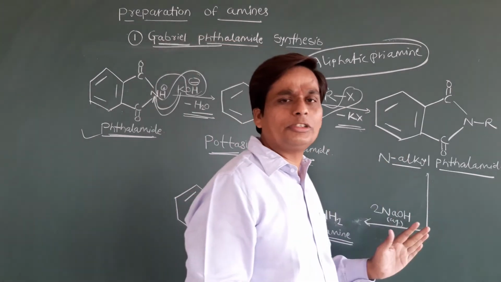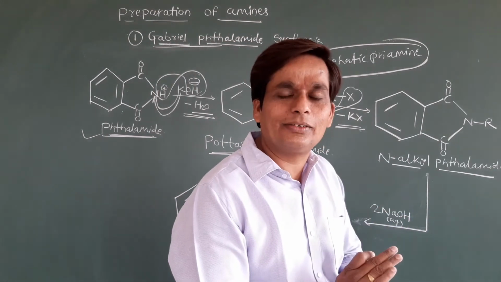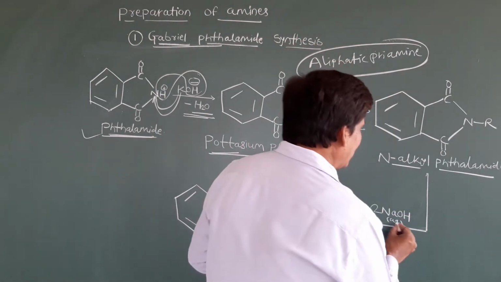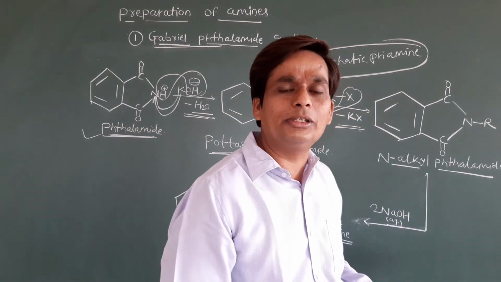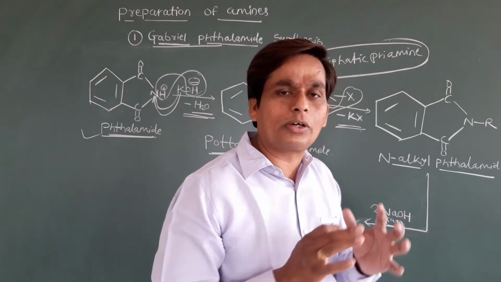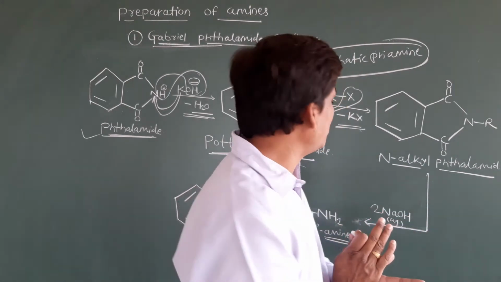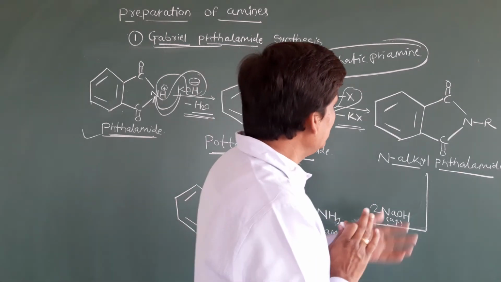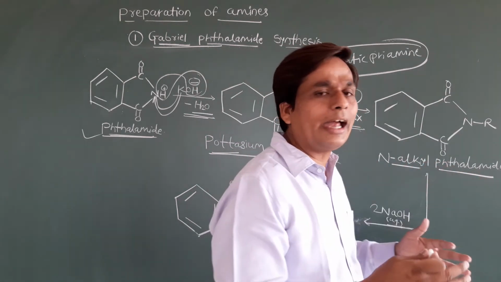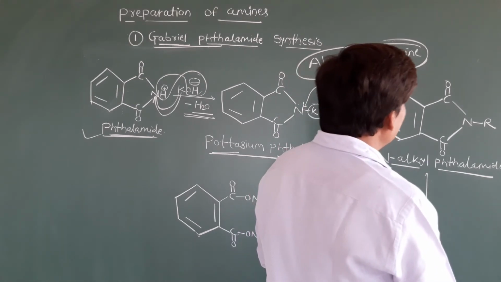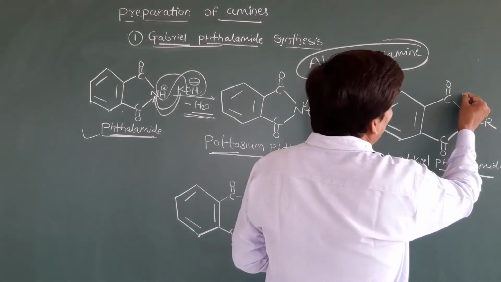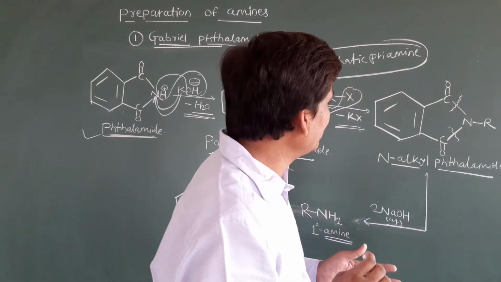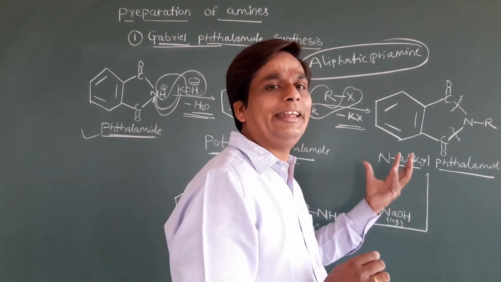Now in another process we can do the hydrolysis. Okay, how does hydrolysis take place? In the presence of NaOH. So here I am writing aqueous NaOH. Aqueous means this NaOH is dissolved in water, so you can see it is a hydrolysis process. Here I am taking 2 NaOH molecules. So N-alkyl phthalimide undergoes hydrolysis. Just see students how the reaction takes place. The bond will break from here and here. So two side bonds will break. That's why I have taken 2 NaOH here.